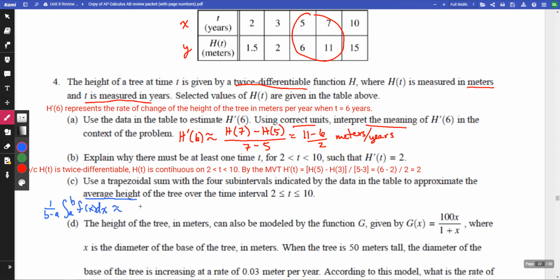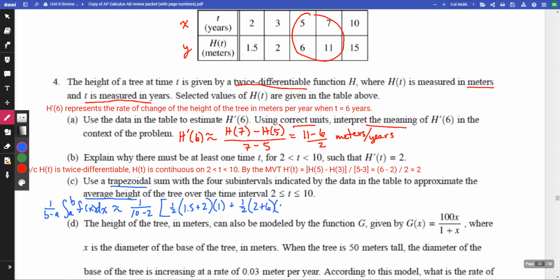And if I do that here, that's going to be 1 over 10 minus 2, all multiplied by, now we're going to do our trapezoids because they're total trapezoids. So 1/2 the first base plus the second base, right, times the width of our interval, which in this case is 1,